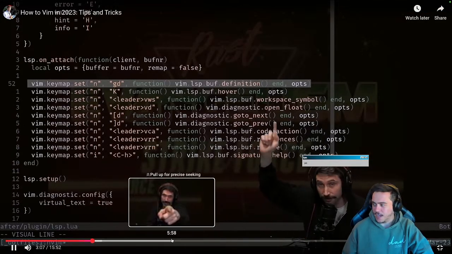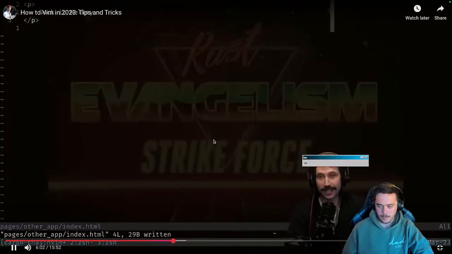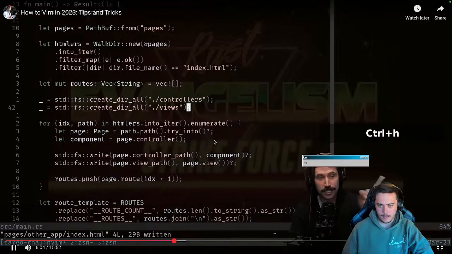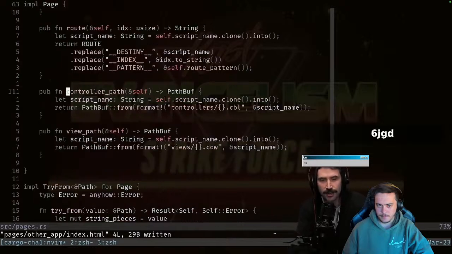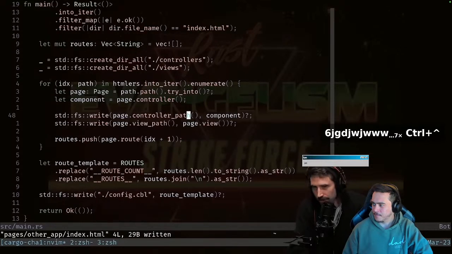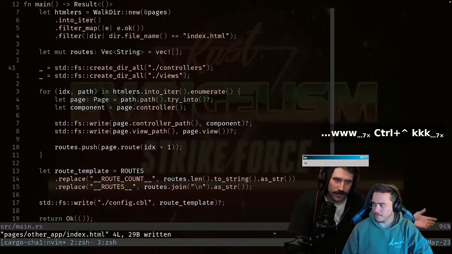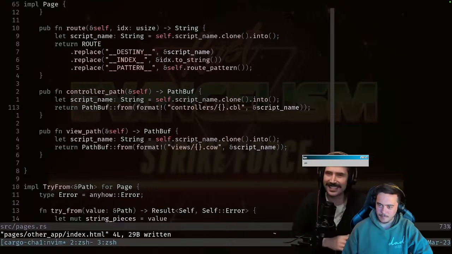So watch how fast this dude flies through this code. Chat stack. All right, so let's harpoon our way back to the main file. So I'm going to just execute harpoon list item 1, jump back to the main. Let's make this a little bit better, because if you think about it, if I go 6 down, jump to definition, this thing has the word controllers down here. If I use alternate file, this thing has controllers over here. Let's use harpoon, jump back to pages. You can see we don't want this. This kind of sucks, right?